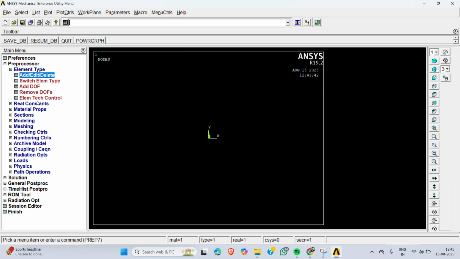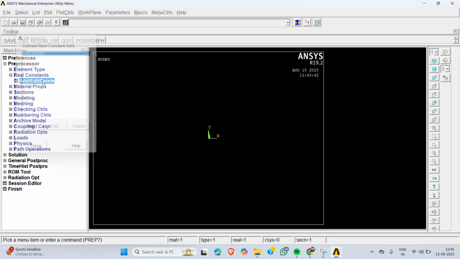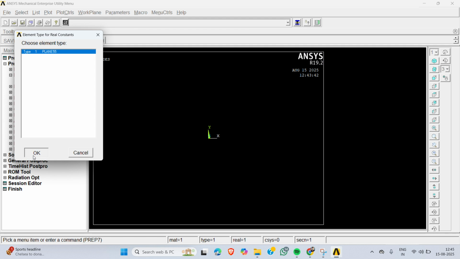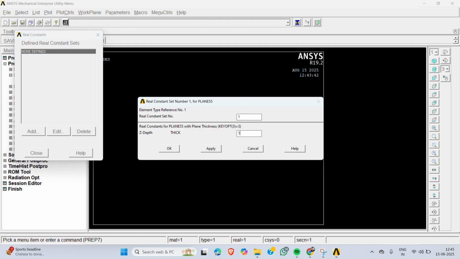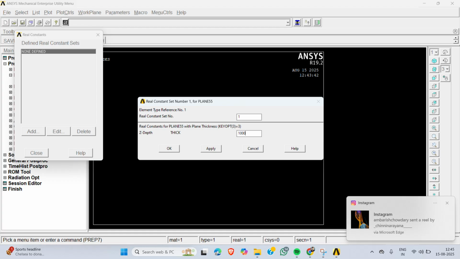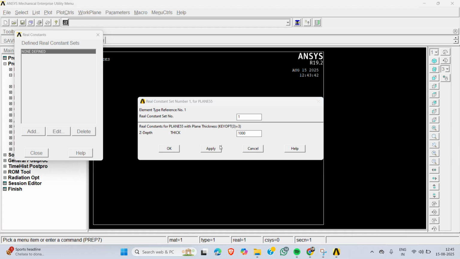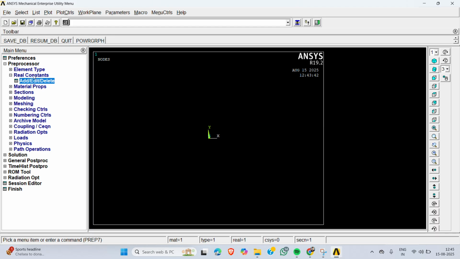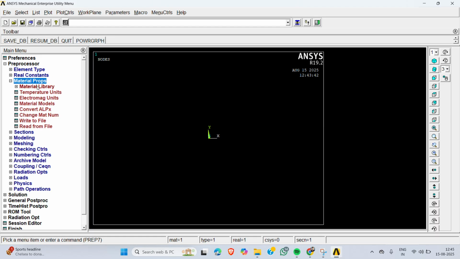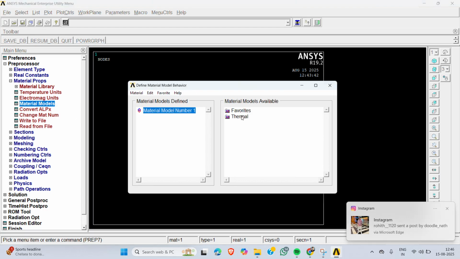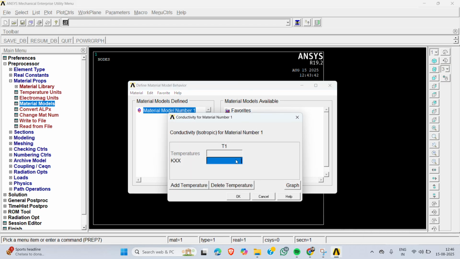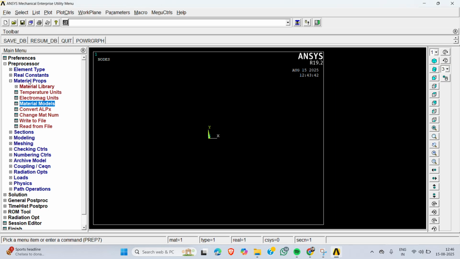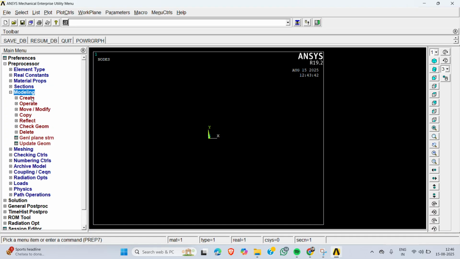And close this. Go to real constants, add, edit, delete, select add, okay. And give the thickness as 1, in the sense we go with 1000, okay. And close this. And material props, material model, thermal, select conductivity, isotropic, K value, it is 10 units, okay. And close this. Go to modeling, create